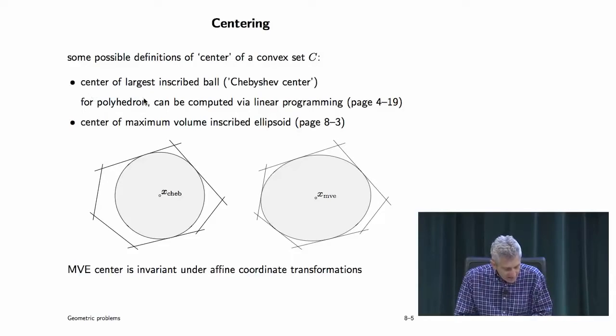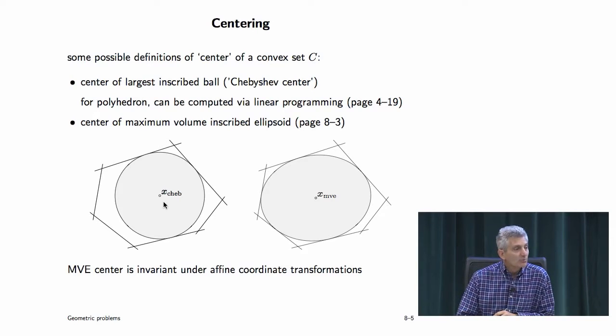So that comes up, and we've even seen some of these problems. Here's one: find the center of the largest inscribed ball. That's the Chebyshev center, and that's this problem. I give you a polyhedron described by inequalities, and I say, please find me the ball of maximum radius that fits inside, and the center of that we're going to call the Chebyshev center, and it's the point deepest in the